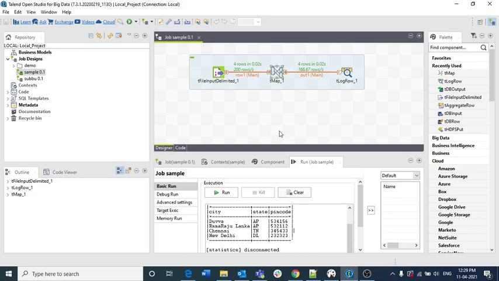So that is all for this video, guys. This is one of the advanced topics in Talend Studio, on how you can split. And this is one of the important cases when you are implementing project scenarios as well. In the previous video, we saw the split function with the basic functionalities. Here we have seen a little bit advanced.